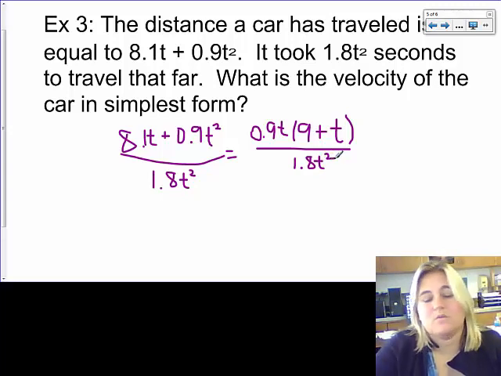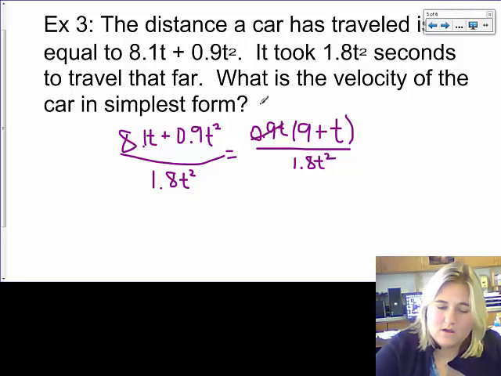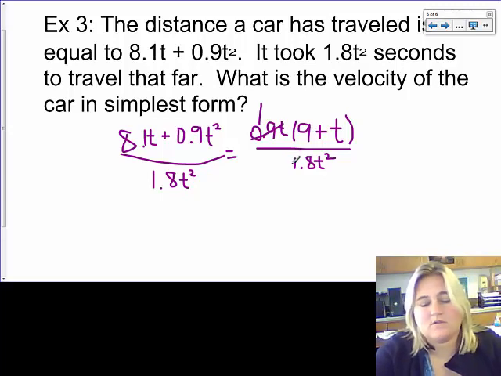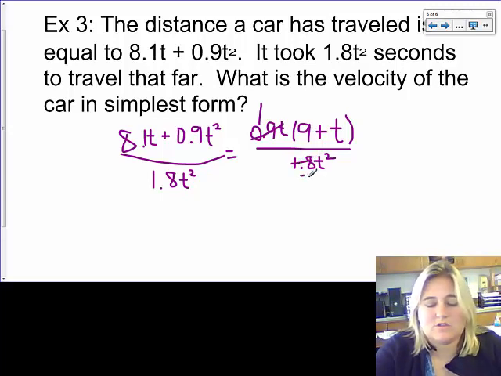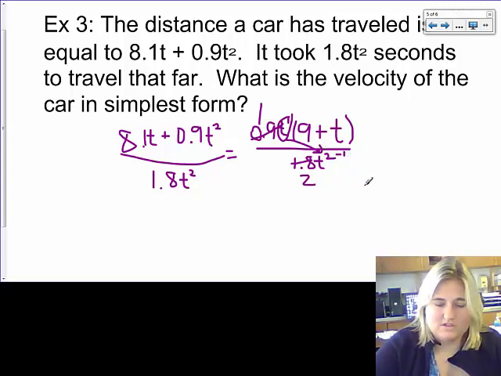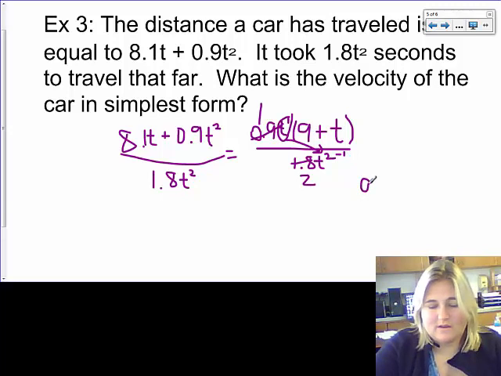So I can reduce these by 0.9 also. So 0.9 goes into 0.9 one time, and 0.9 goes into 1.8 two times. And I also have t to the first here, which I can move down and end up subtracting that 1, which leaves me with a final answer of 9 plus t